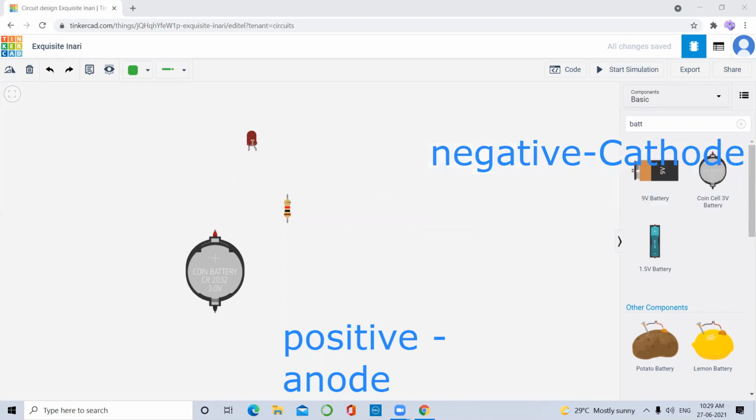In everything, we have two points, two terminals: a negative terminal and a positive terminal. So let us start.